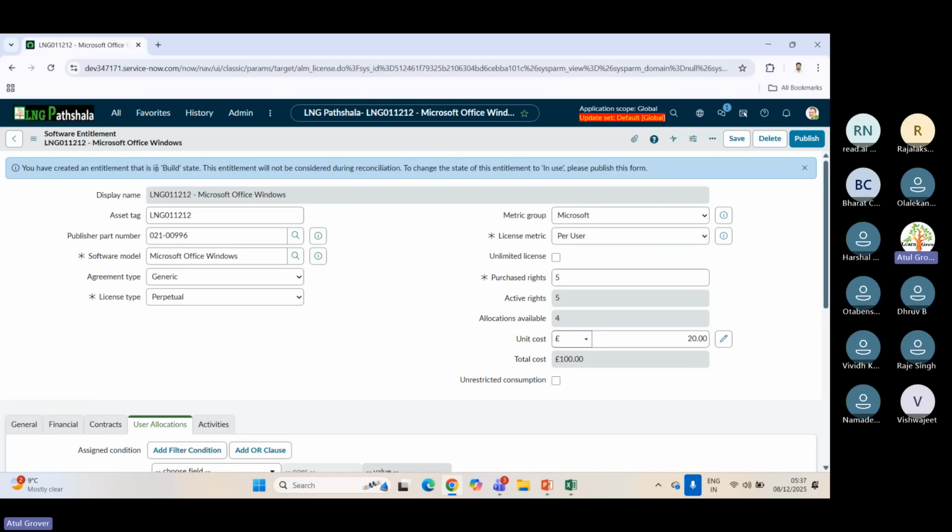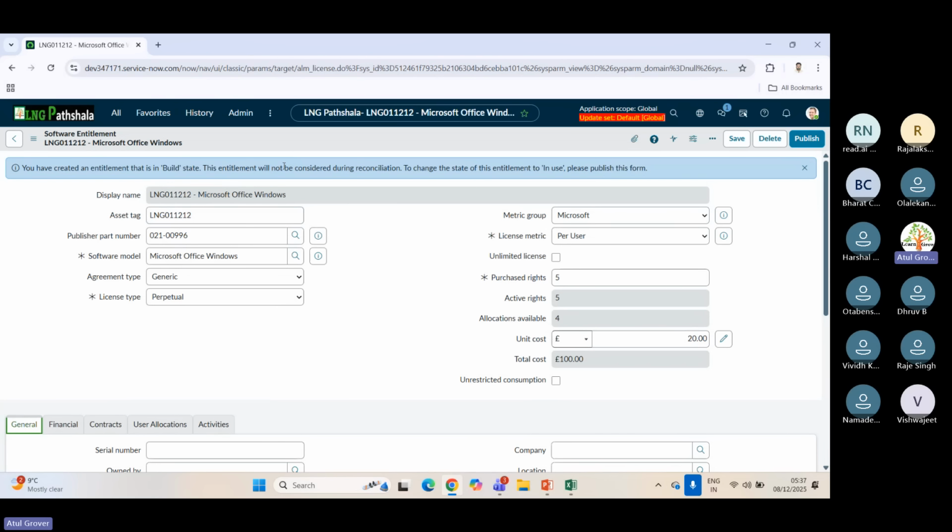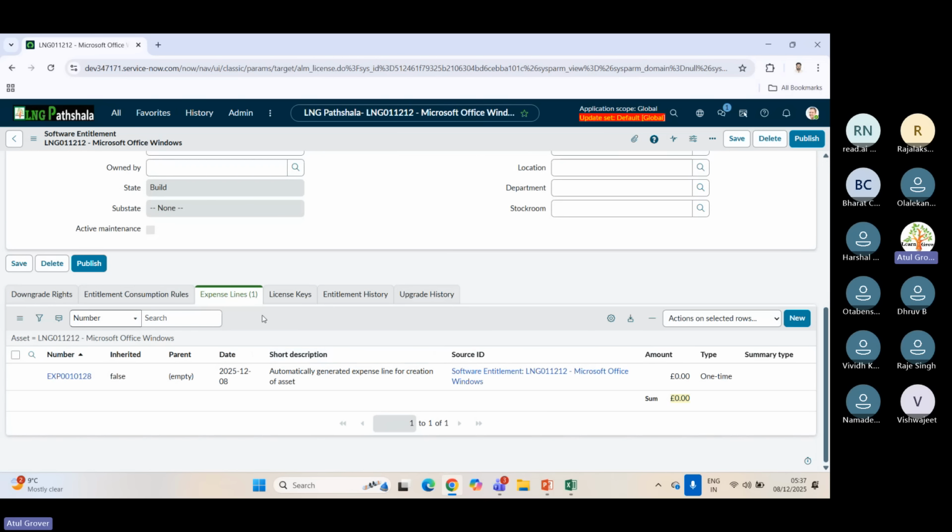You create an entitlement that is in the build state, see, it will not be considered during the reconcile. Unless we change the state to in use, it will not be considered for the reconciliation. So build means like in a draft state only. So if you run the reconcile, the system will not support you here. It will not help you here. So either you can allocate it